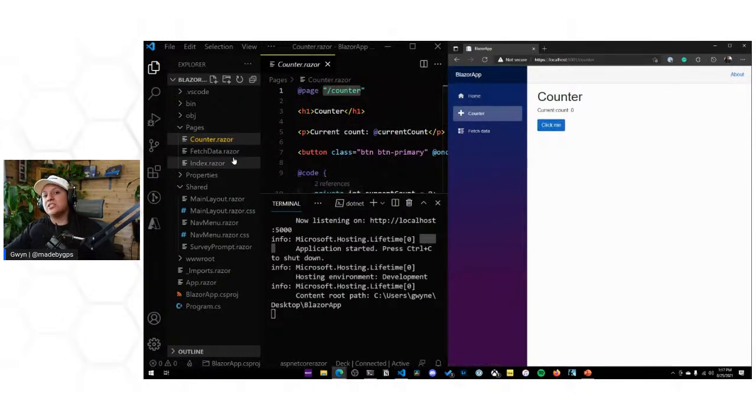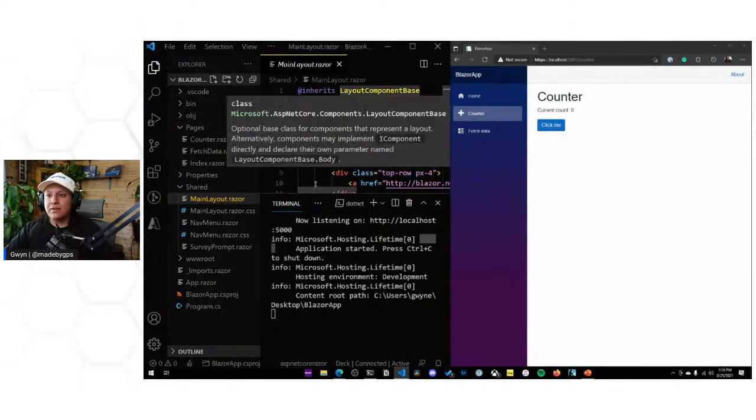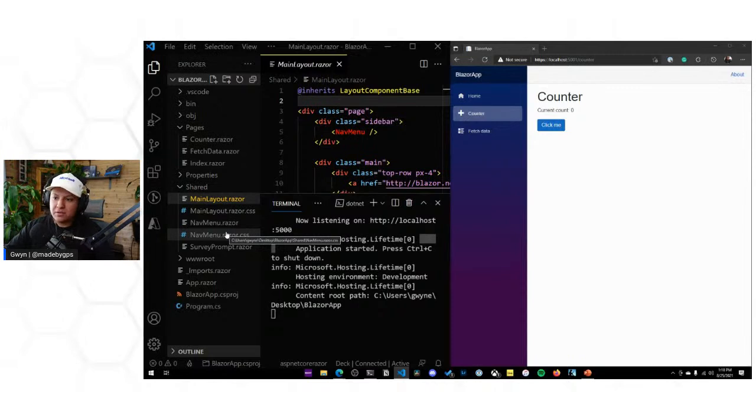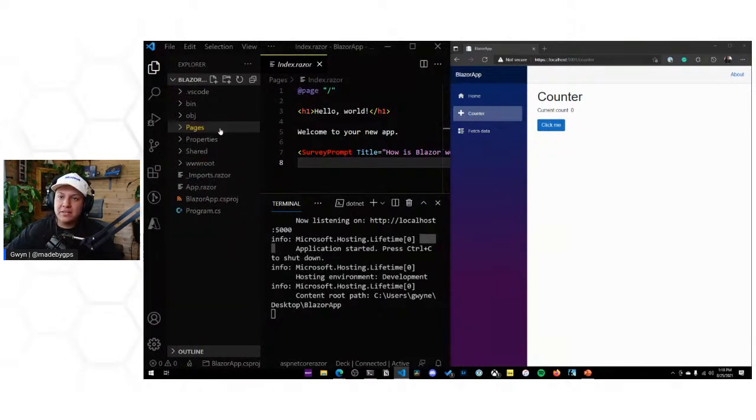So what's in pages are components that are meant to be accessed via some sort of URL. And in shared, you'll see the difference is that there's no @page there, right? So shared are typically components that are meant to be used internally and not accessed directly. So keep that in mind. We'll take a look at the index, and actually, let's finish going through the structure of the project. So we have pages, and shared components that are meant to be used internally,